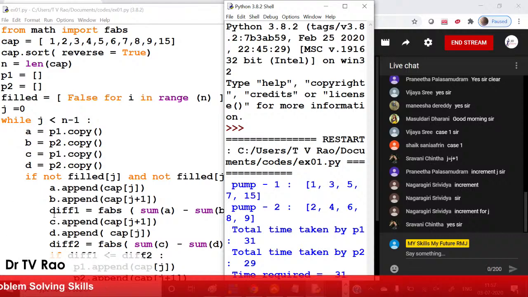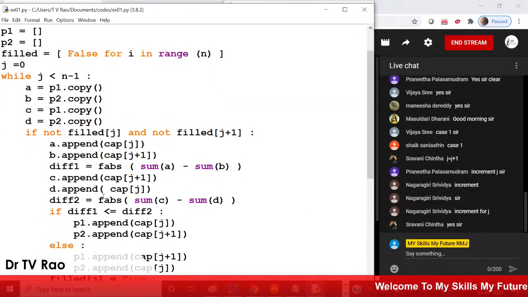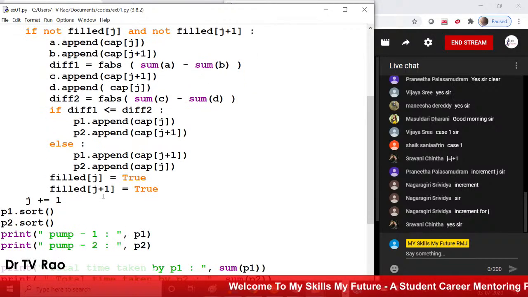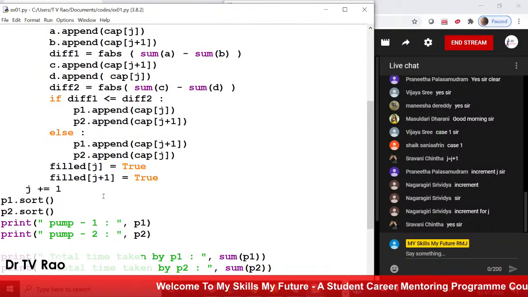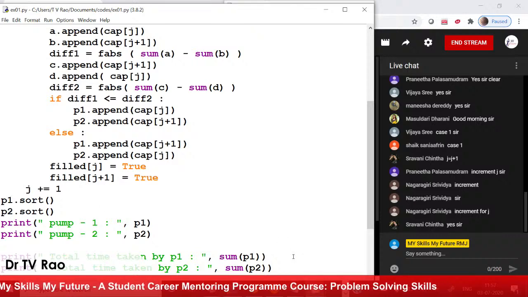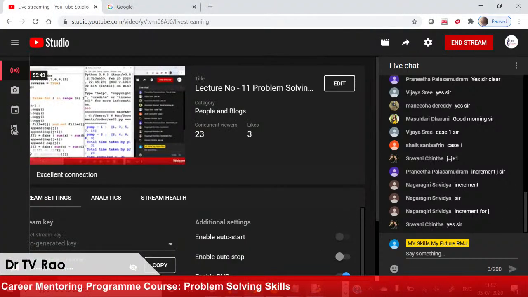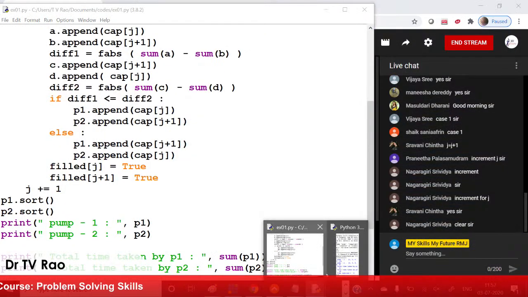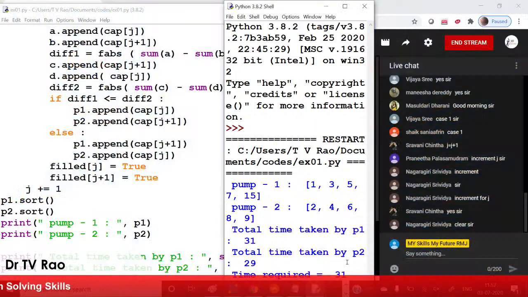So hope you understood the purpose of taking 4 different variables. We made the final change only when we are pretty sure which one is good. Okay, so please respond. Time is running out. Clear or not? Okay,